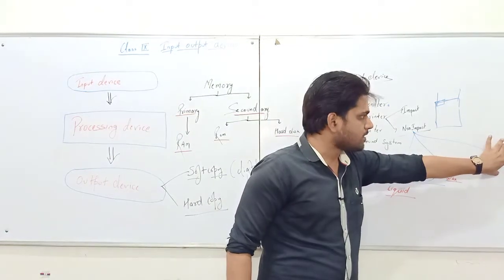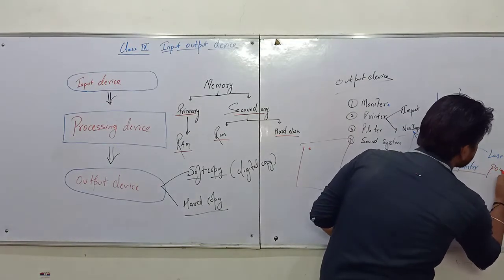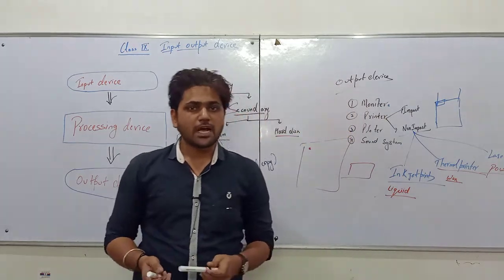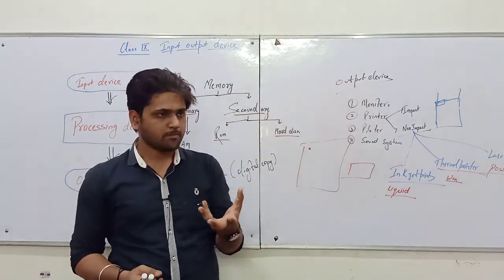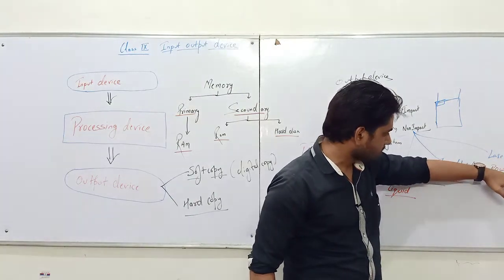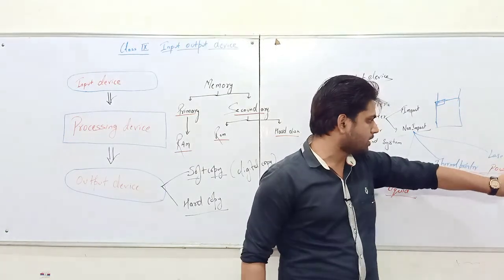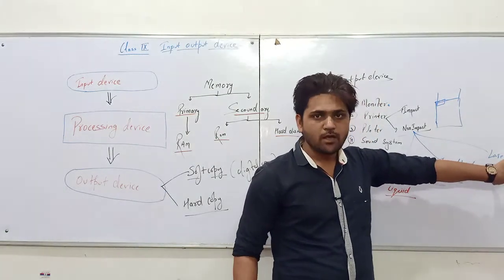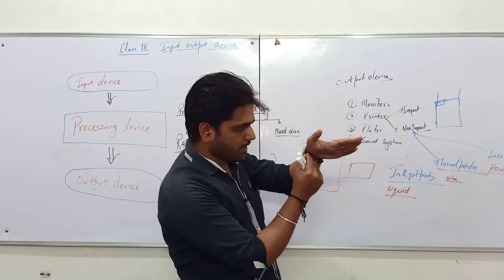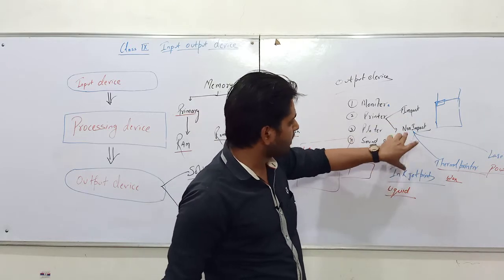Talking about laser printer, here the ink which we are using is powder in nature. Basically powdered ink. In this again, heat, means thermal technique, is used. The powdered ink in a laser printer contains iron oxide, which is evaporated and placed properly on the paper. These are the three types of non-impact printer.